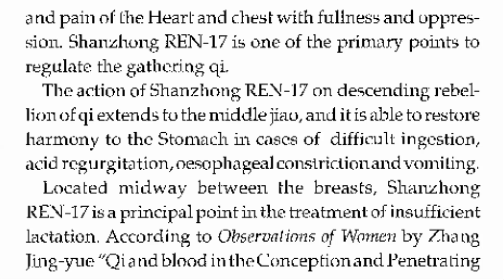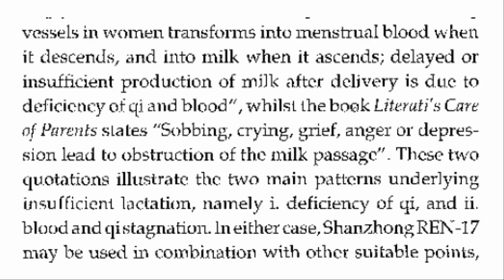According to the observation of women by Zhang Jingyue, qi and blood in the conception and penetrating vessels in women transform into menstrual blood when they descend and into milk when they ascend. Delayed or insufficient production of milk after delivery is due to deficiency of qi and blood. While the book Literati, Care of Parents, states sobbing, crying, grief, anger, or depression lead to obstruction of the milk passage. These two quotations illustrate the two main patterns underlying insufficient lactation,